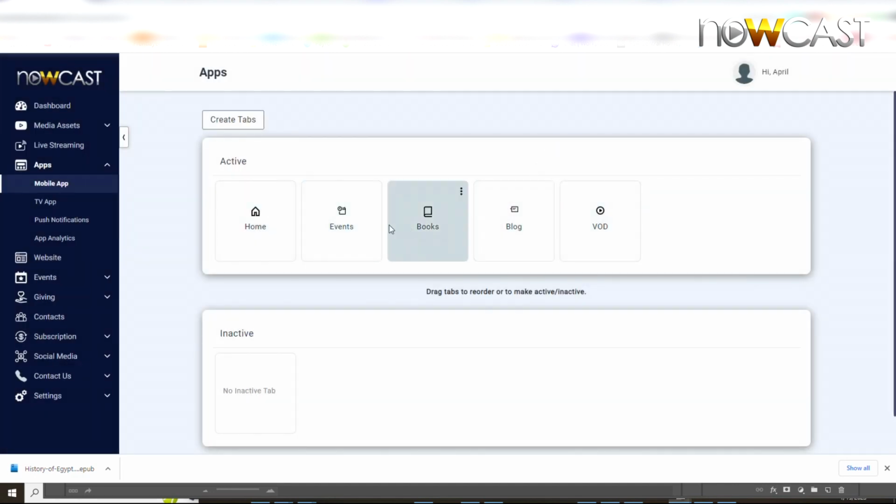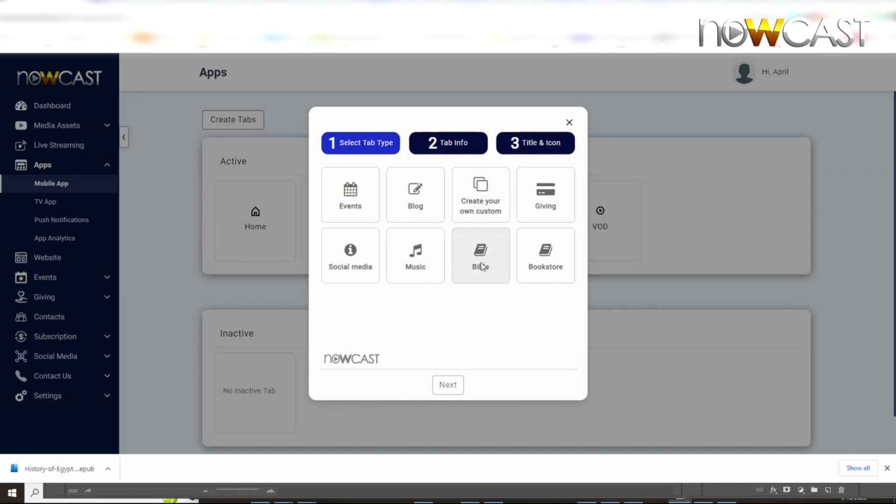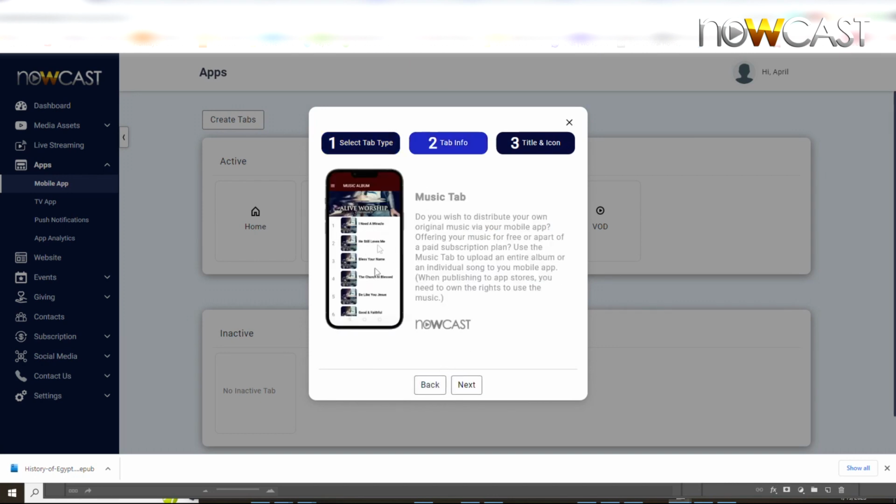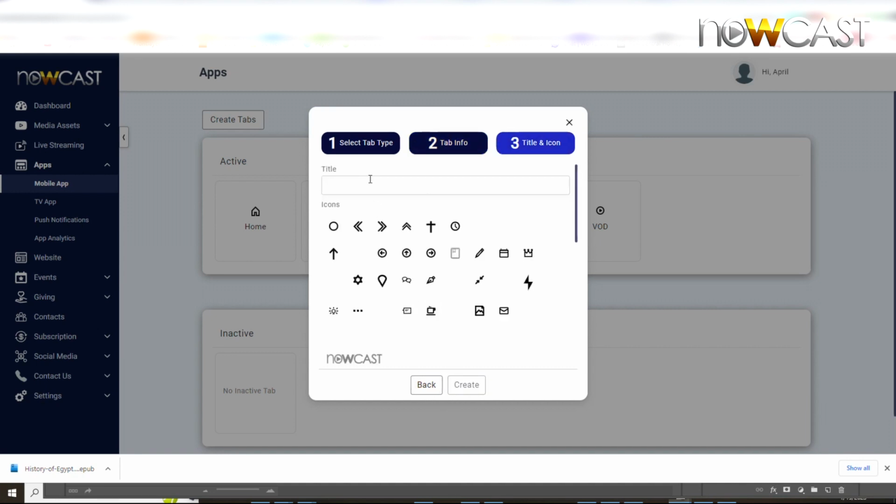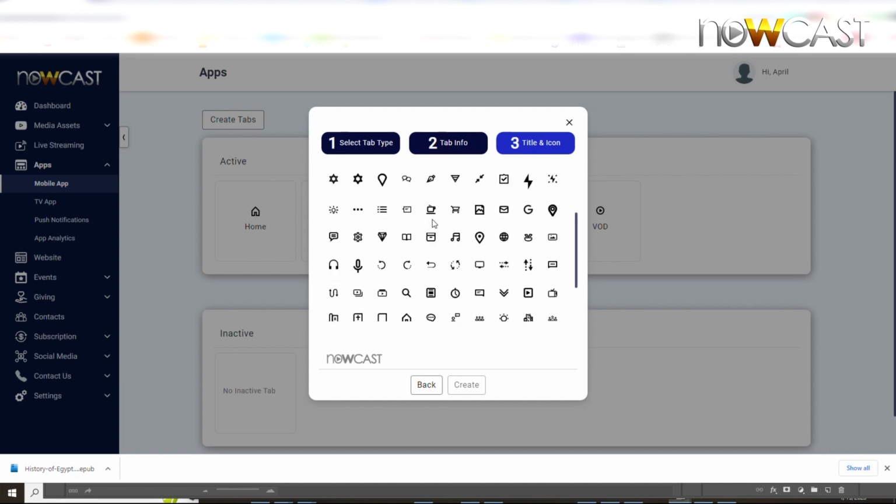Now that we got 5 active tabs, right? Again, you can have 20 active tabs if I want to create more tabs. But let's say I want a music tab, and this is what my music will look like. Click next. Just going to call this music. This is a very good thing to use for artists